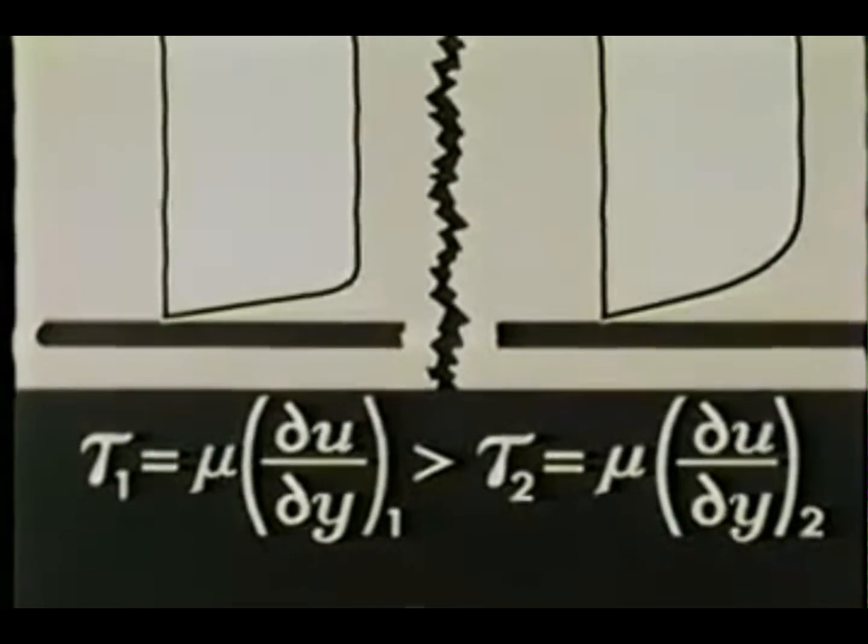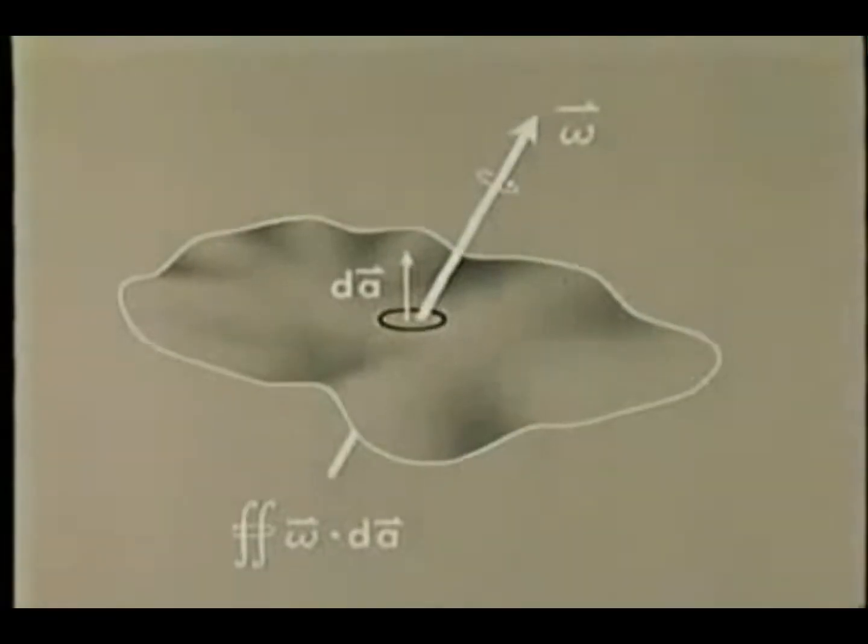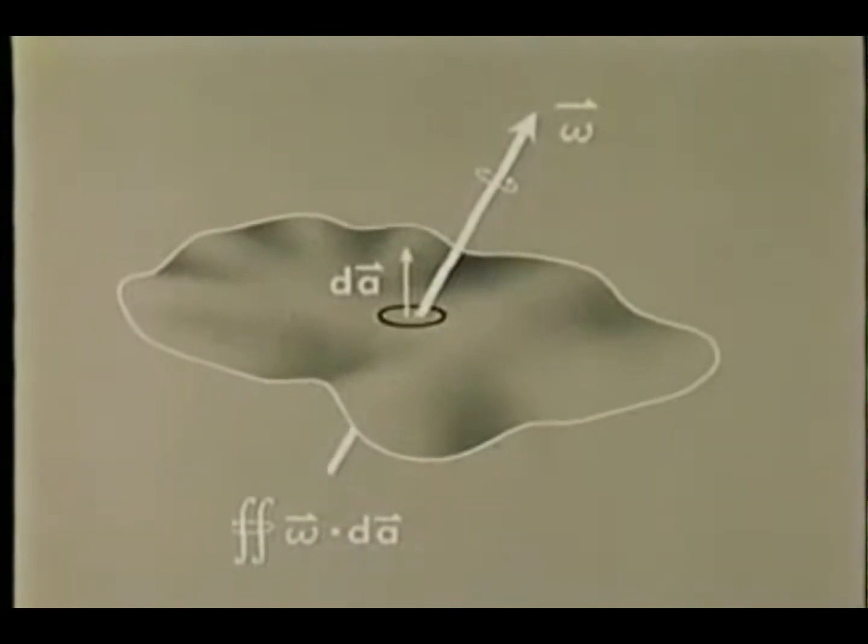The growth of the boundary layer thickness along the plate can be explained by considering the time history of the vorticity within the boundary layer. States that the area integral of